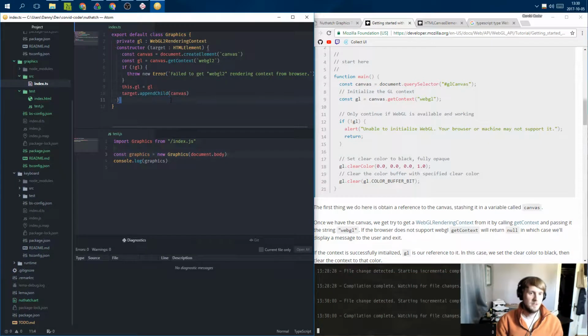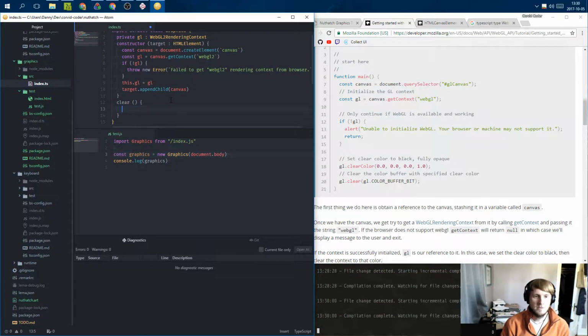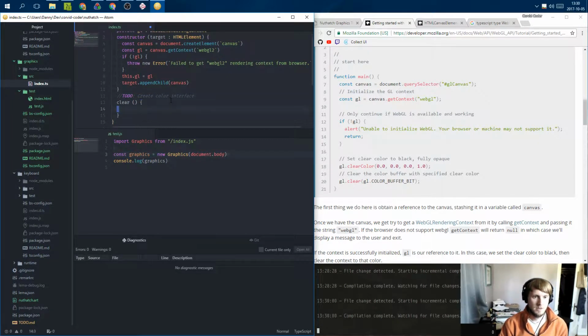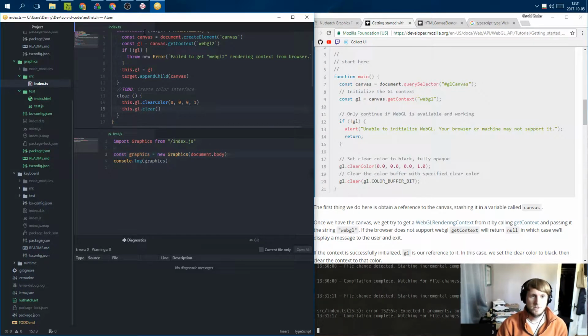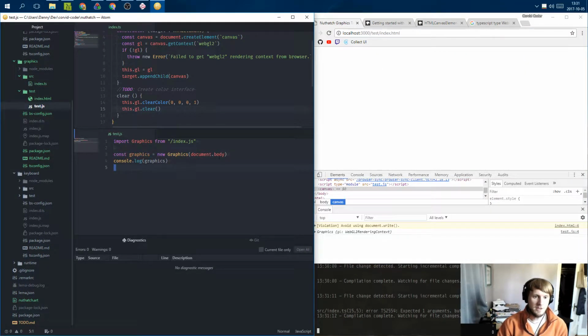Okay, let's try it. So we're going to do a function called clear. And it's going to take in a color, create color interface. For now, we're just going to say this.gl.clearColor equals black, and this.clear. So now, if I add into here graphics.clear and call it,